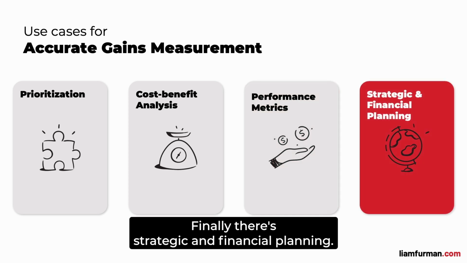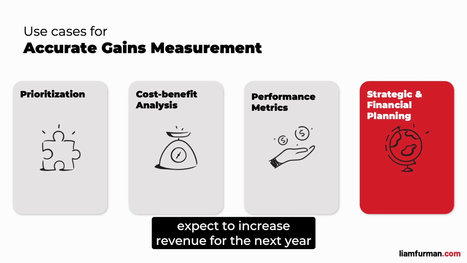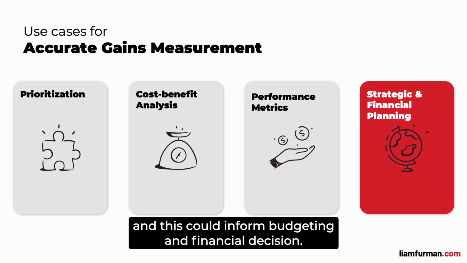Finally, there's strategic and financial planning. A company may wish to know how much they can expect to increase revenue for the next year, and this could be based on, historically, from experiments run over the last 2 years, they've seen they've been able to increase revenue by X, and therefore we think it's reasonable to expect a similar increase going forwards, and this could inform